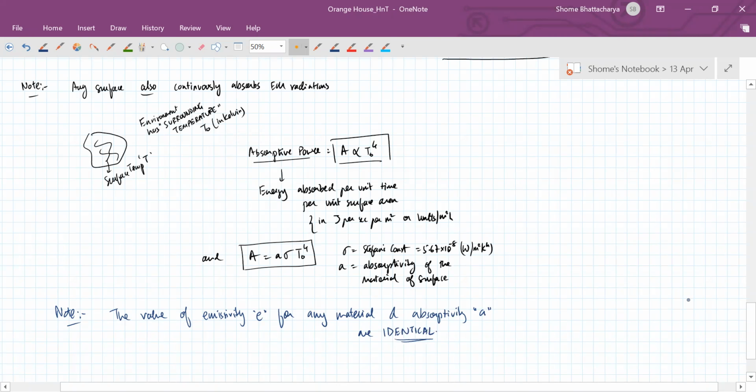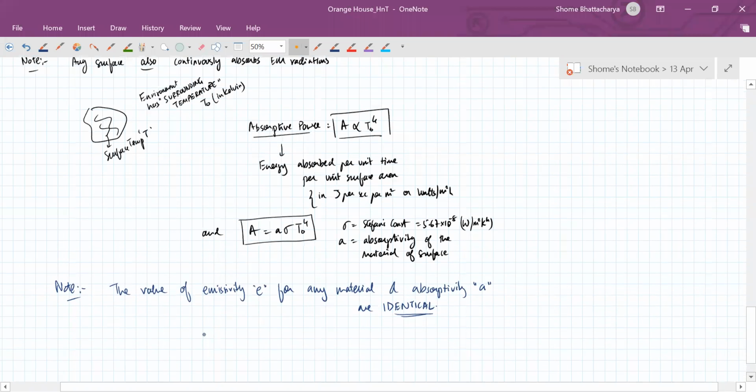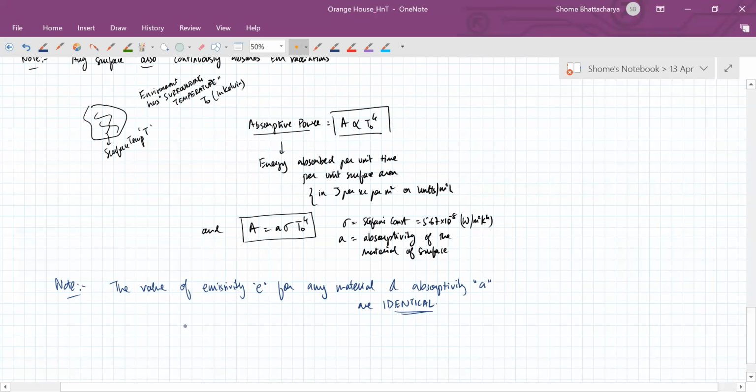Now, this might be surprising because it means to say that if something is comparatively a good emitter of heat, it is also a good absorber of heat. But this is easy to understand, okay, because